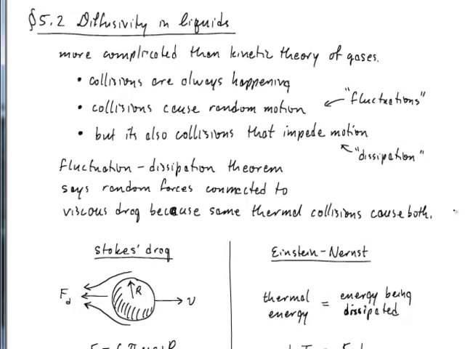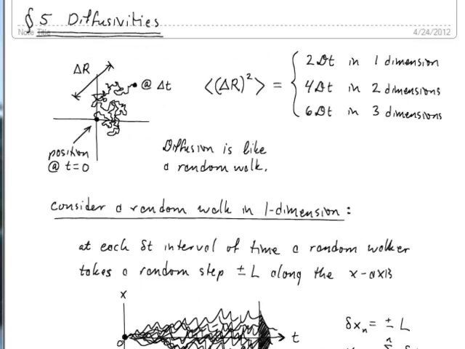So our next session will be about diffusivity in liquids. Today is all about diffusivities. We're going to talk about the molecular basis for these properties, and before really getting into the molecular details of how diffusion works, let's just say a little bit about the general mathematical features of random walks. So diffusion basically is a random walk. You can think of it as this meandering trajectory taking little steps in all directions with no bias for any one direction, that looks something like this little trajectory shown here. So it starts right here at the origin in this